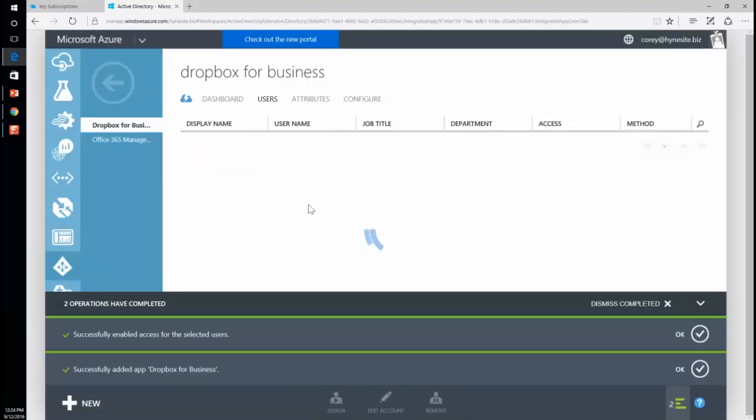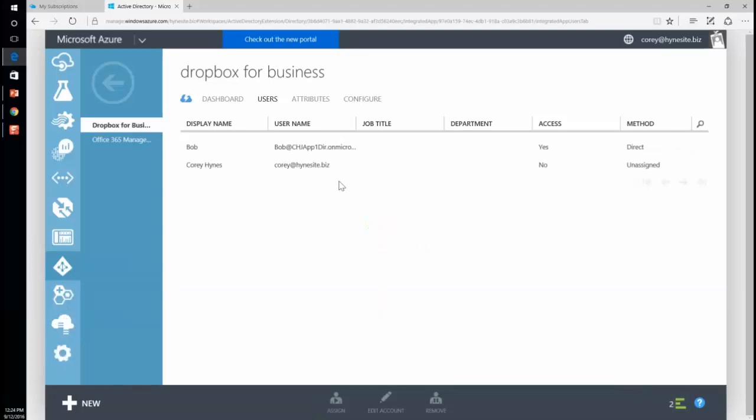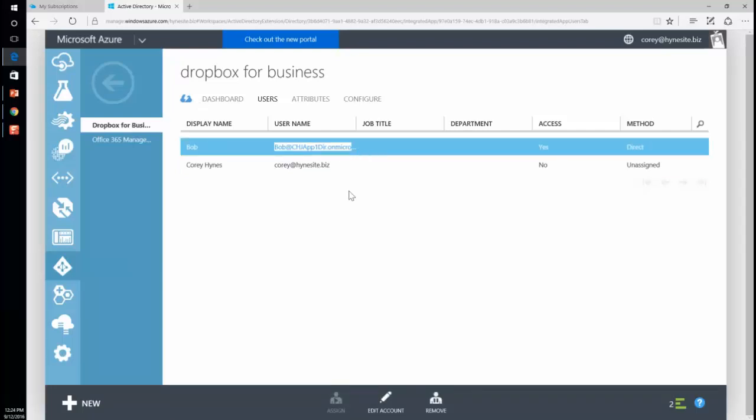Now, what this enables Bob to do is whenever he goes to Dropbox.com and logs on, he can actually log on using his Azure Active Directory username and password. This will automatically create a new Dropbox account for him that's part of my Dropbox for Business subscription and therefore paid by the